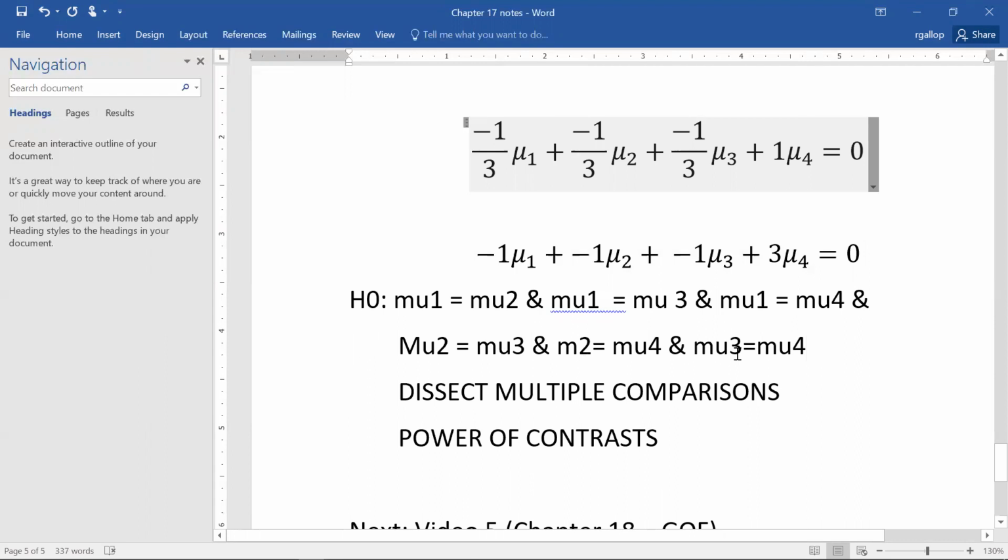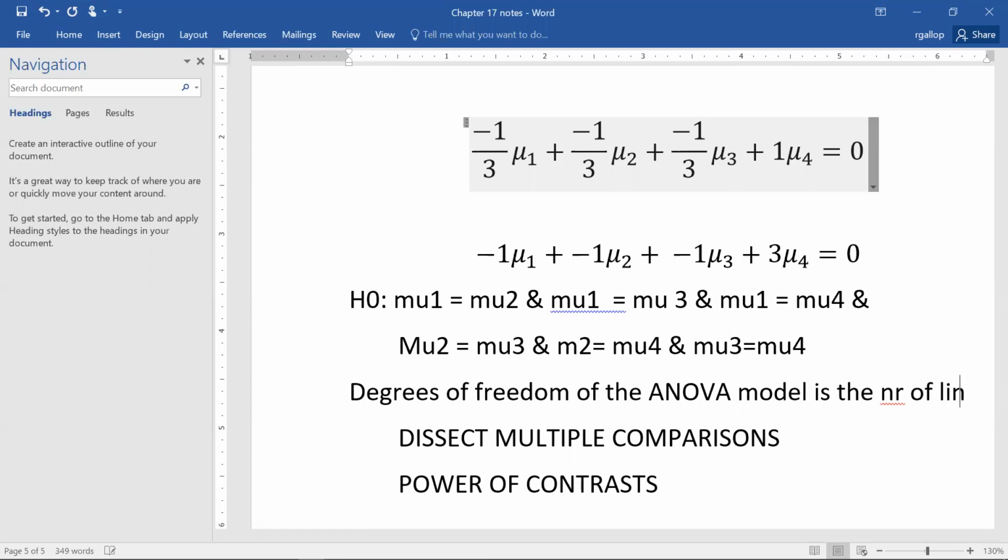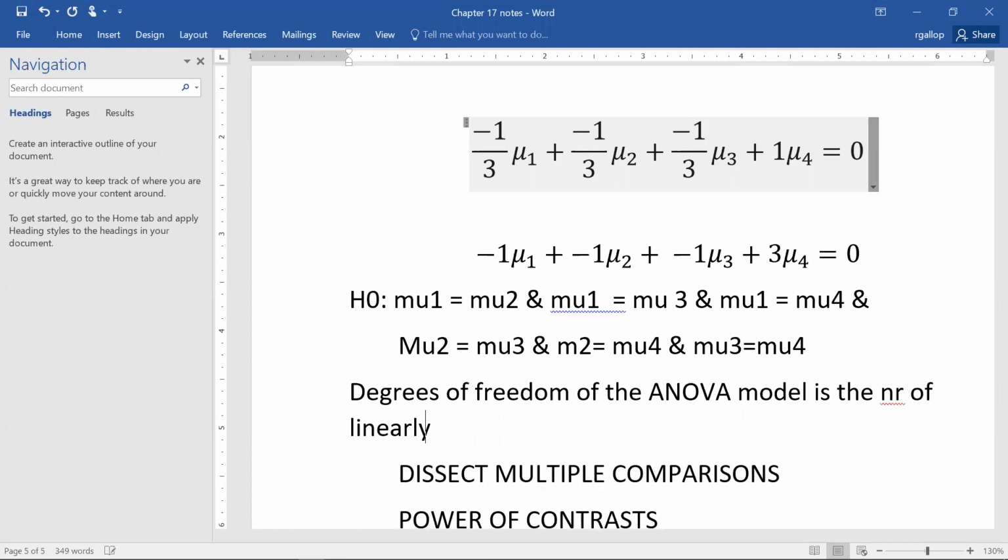Now with the ANOVA, when we're doing 6 tests, the degrees of freedom of the ANOVA is not 6, right? The degrees of freedom of the ANOVA model is the number of linearly independent